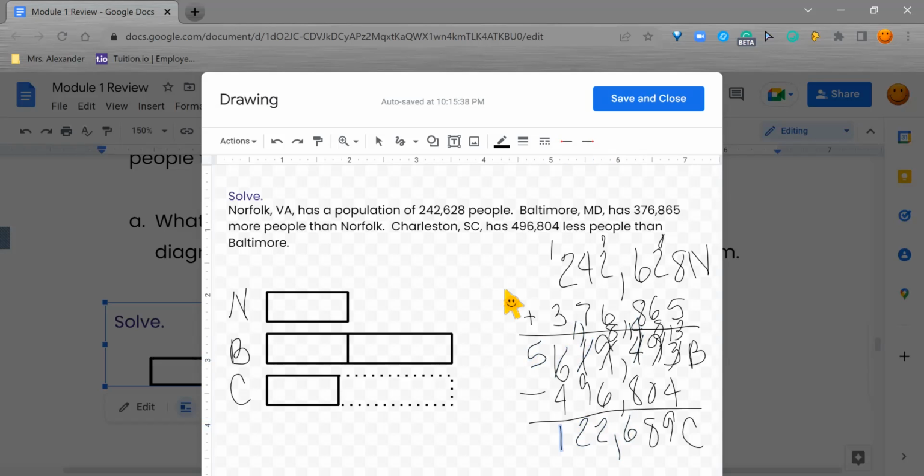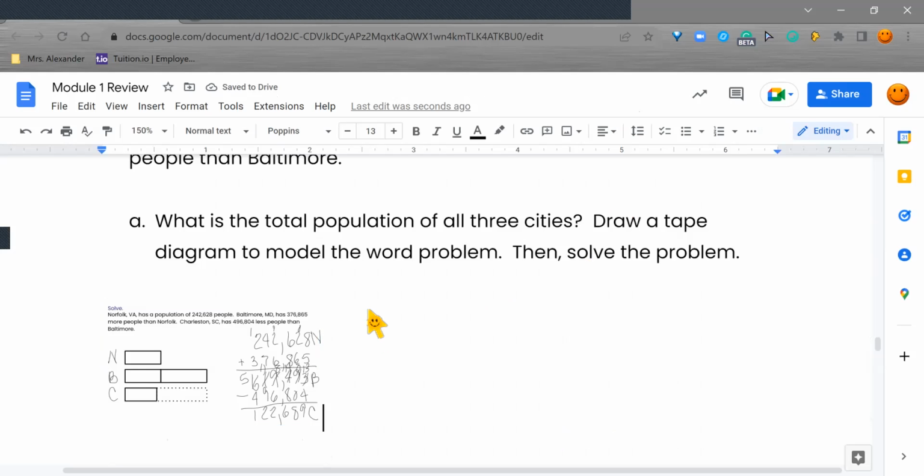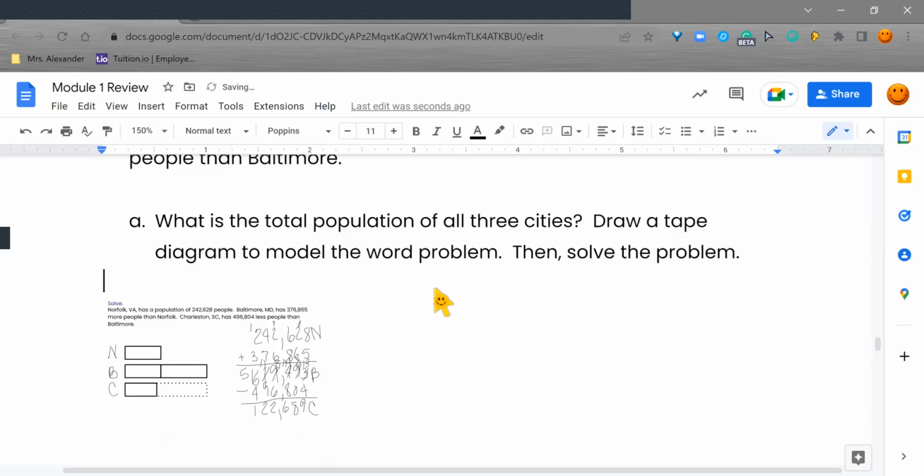So this is what your tape diagram should look like, or something like that. If not, as long as your numbers are right. So I'm going to go ahead and hit save. And then right over here next to it, right above it, I'm going to make my lettering a little smaller. I'm going to say Norfolk, Virginia,